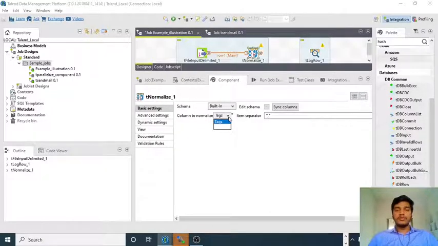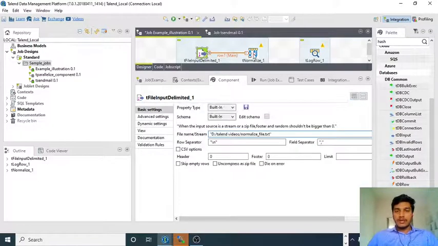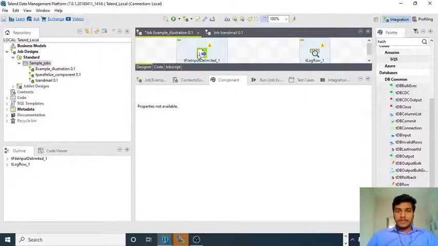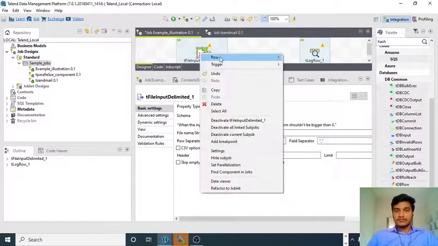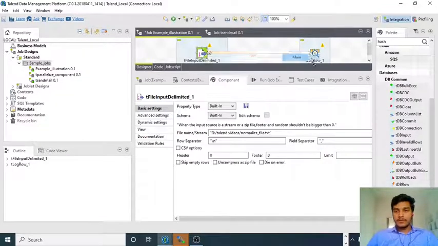So in order to categorize that particular column, we can use tags here. If you mention column to normalize, here we have only one column, that is why it automatically detects the tags column. The item separator is comma. Suppose, okay, one second, let me remove this again, let me connect these two. So here what I want to do is skip empty rows, and here the delimiter is semicolon.